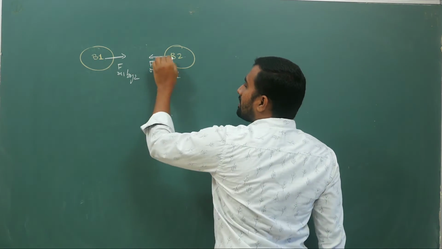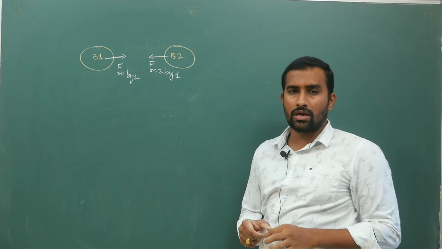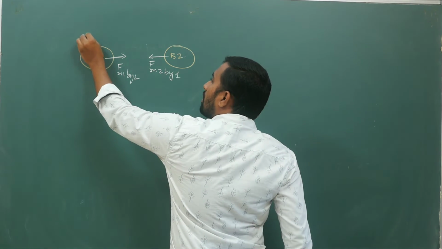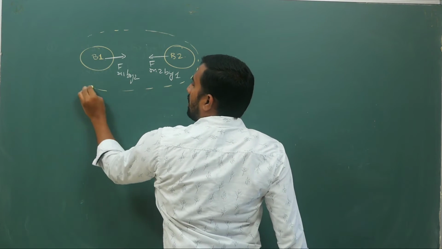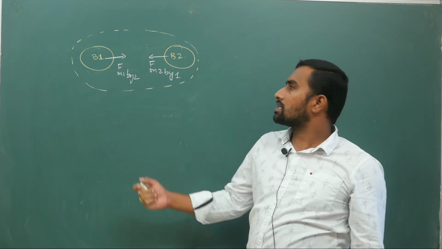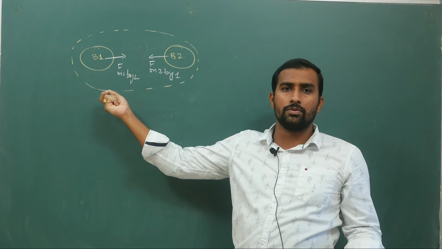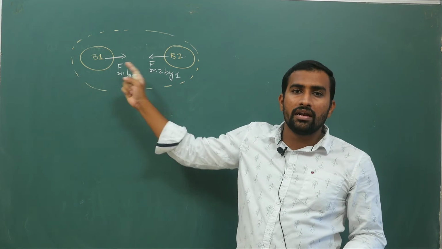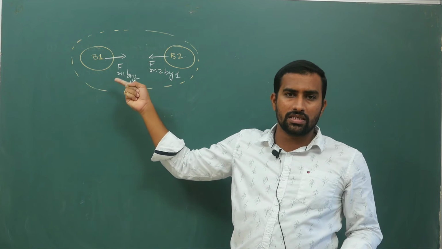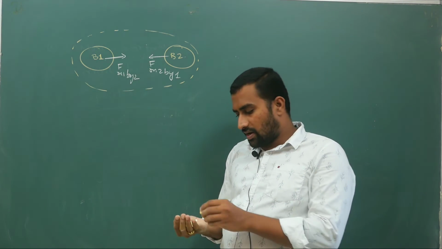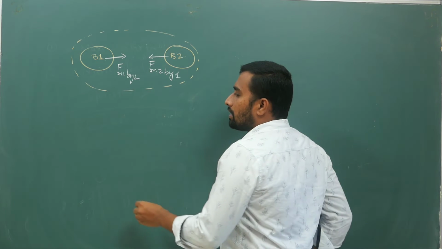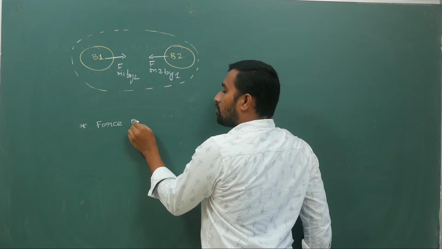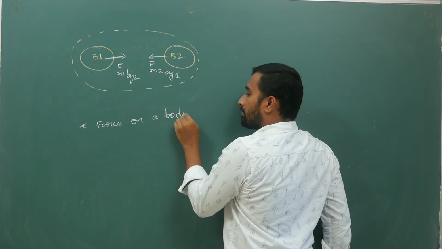If two bodies are attracting like this, you cannot talk of force on a system. You have to talk of force on a body. If you ask me what is the force on this body, then the language that I am using is correct. You should not talk of force in between. If you consider these two together as a system, net force is 0 because these two are equal and opposite in direction. So while using the terminology, I want you to remember an important point: always talk of force on a body.